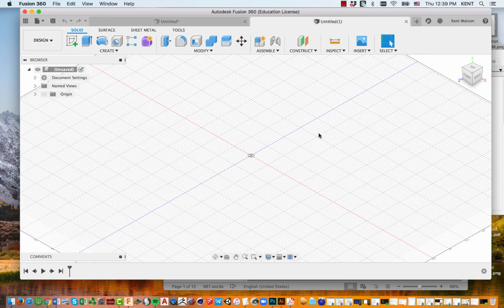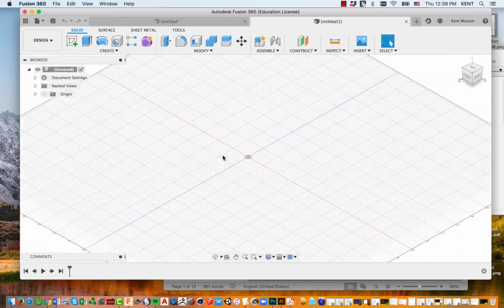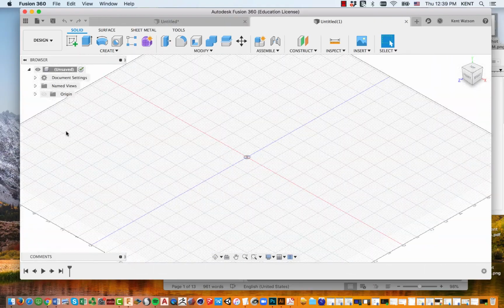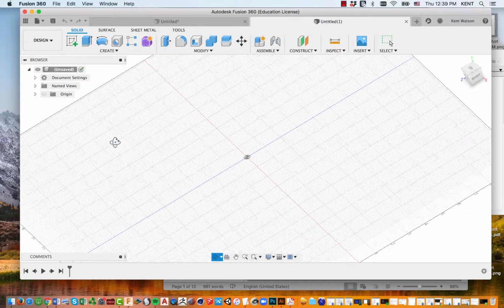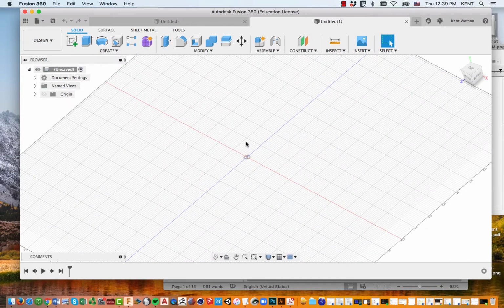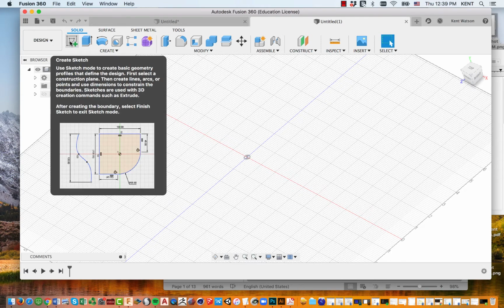Okay, so 98% of what we're going to be doing is actually going to be in a two-dimensional plane. So we're seeing this three-dimensional view, and we're looking at three-dimensional space, but most of the time we'll be in a two-dimensional space. So in order to get there, we're going to do this create sketch, which is the